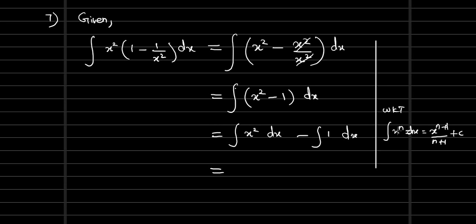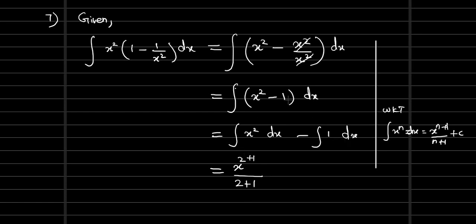So here in place of n we have 2, right? So as per that we will write. So as per the formula, what has to be done? Whatever we have for the power, 1 has to be added first. This 2 is already in the power, so as per the formula, add 1 to the power. Now the same power we have to repeat in the denominator. That's all. Integration of the first part is over.